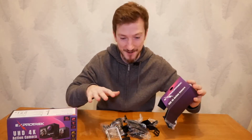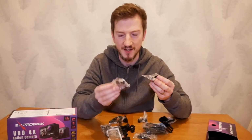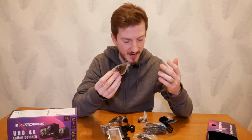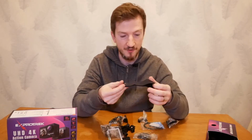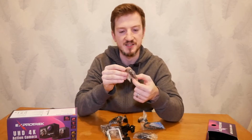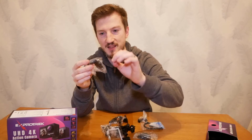As you can see, there's a lot of stuff that's just fallen out of here. We've got loads of different mounts. We've got a sticky back mount. We've got one that clicks into, say, a chest mount. We've got various straps and Velcro straps. Another Velcro strap, which I'm guessing you could use for your wrist. We've got a little extender for your normal mounts at the bottom, so you can actually extend the reach